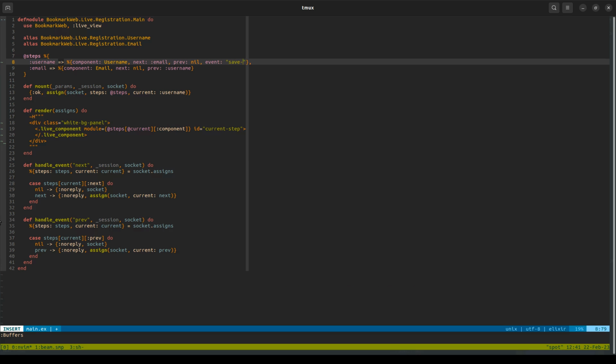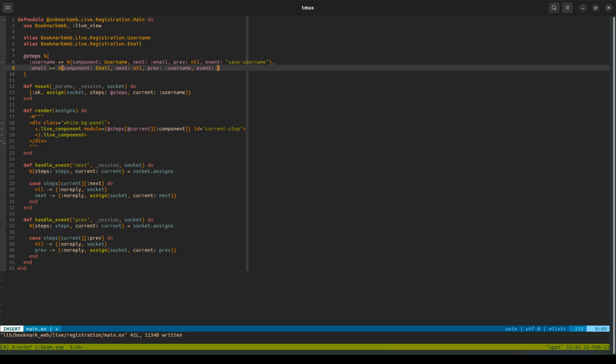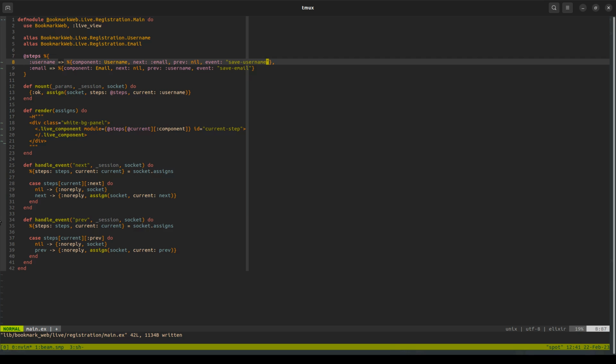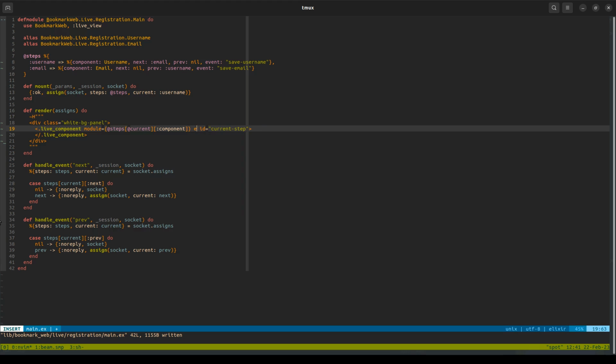Is gonna be save username. Let's do this one right away as well. So save email, and then we're gonna pass those in as an event. So it's gonna be steps, current, event,